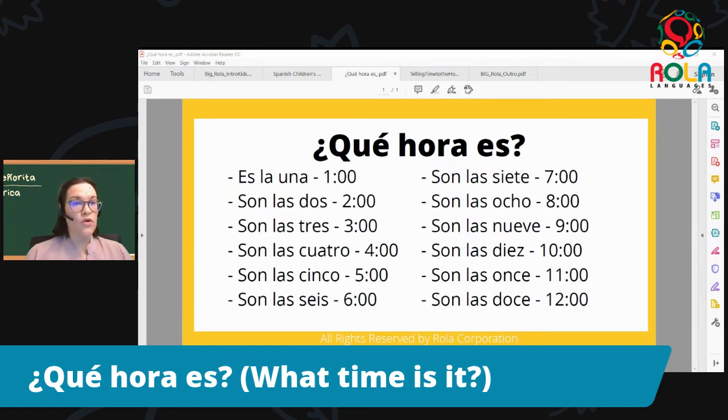What time is it when you go to bed? Son las 9, maybe, if it's 9 o'clock when you go to bed. Again, everyone is going to have a different bedtime, so you can answer different ways. But for example, son las 9. Muy bien. ¿Y a qué hora te despiertas? When do you wake up? ¿Qué hora es?